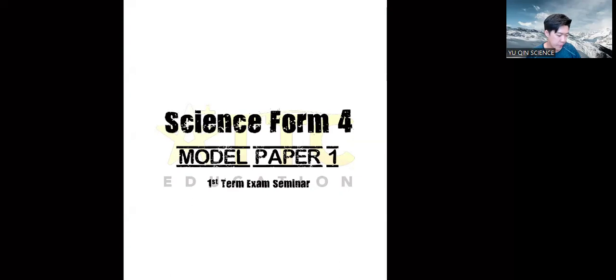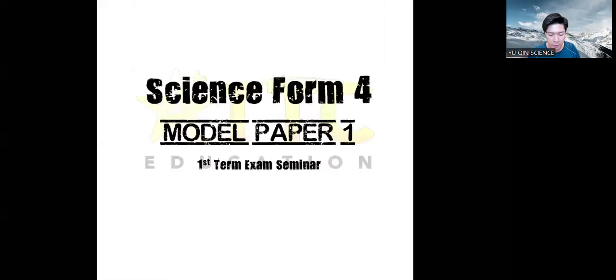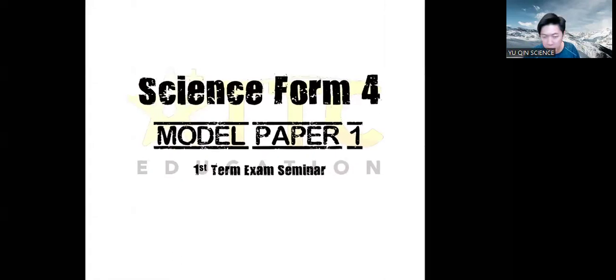So of course, we can't be doing every single Form 4 chapter because there are so many, right? So hence I have this model paper for you. I might have another model paper for your June material also, like in normal class. So you at least have some exercise to try on, right? Then that might help you to recall a bit of your Form 4 stuff. Yeah, so you have three sets of material in one book.